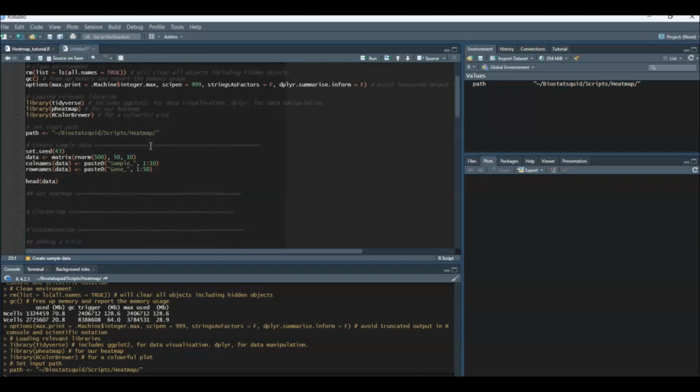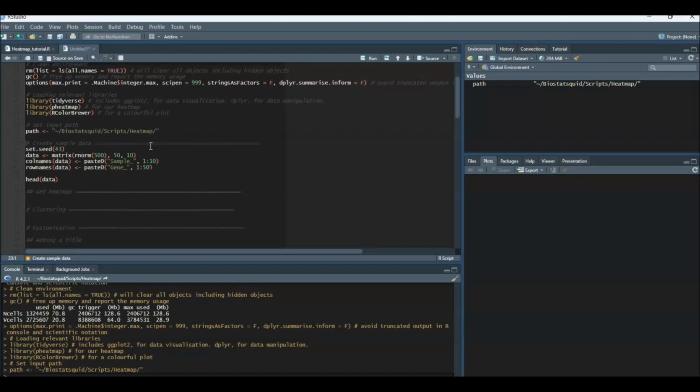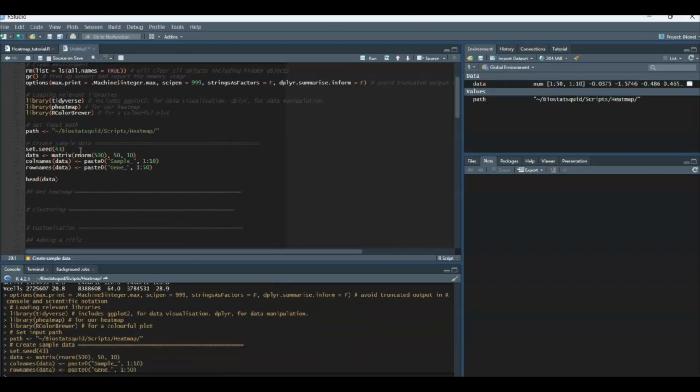Okay. So now that we have our environment set, we'll start by inputting our data. And in this case, I am not actually reading in a table like you may have, but I will create my test data from scratch just for demonstration purposes. But in your case, you would maybe use a function like read.csv or read.table just to read your data in. So these are just steps to create my data frame and give names to the columns and the rows. So if I run head,